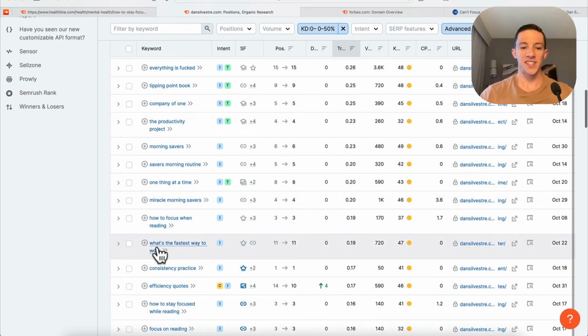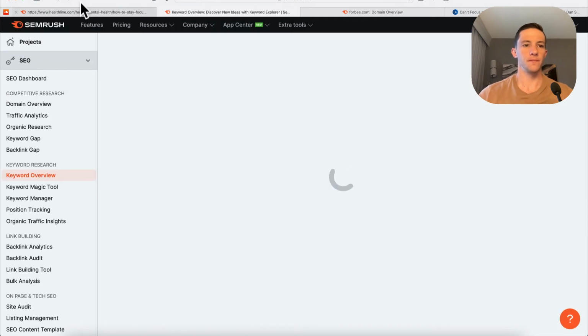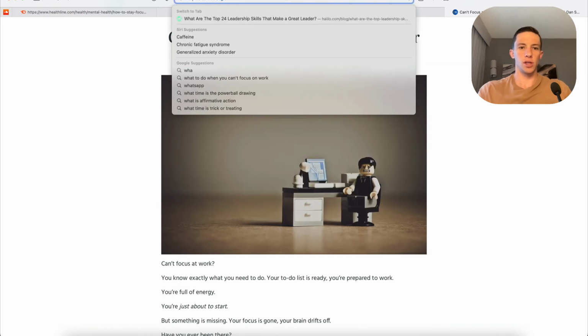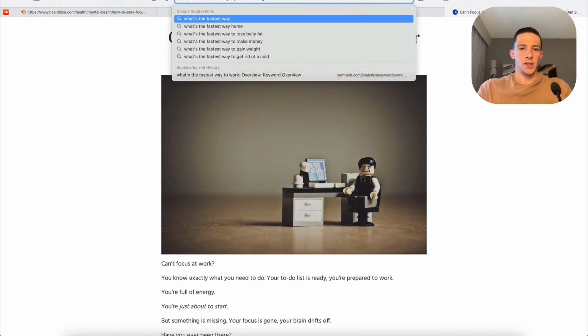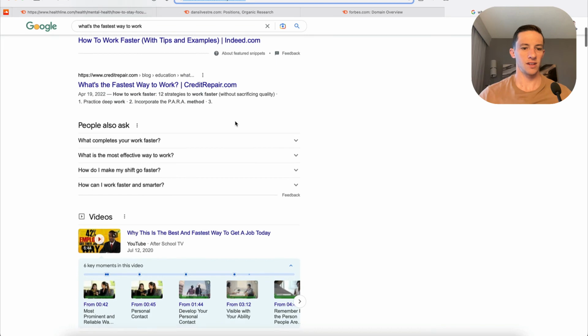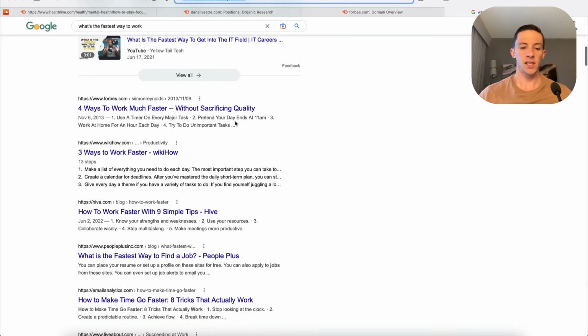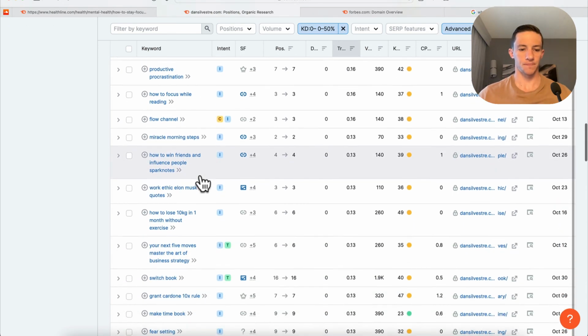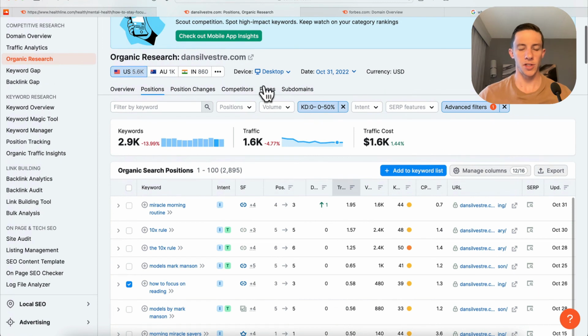See if we can find another one. What's the fastest way to work? That would be an interesting one. You'd want to Google that and see what's coming up. Are people, let's just Google it. Are people searching this because they're trying to find directions? Or are people searching this because they want to work faster? What's the fastest way? Yeah, it seems like the results are geared towards satisfying a time crunch. So yeah, that can give us a bunch of keyword opportunities here